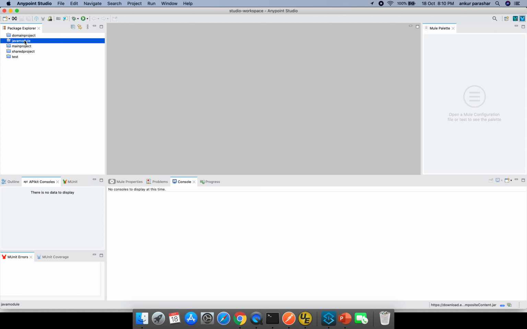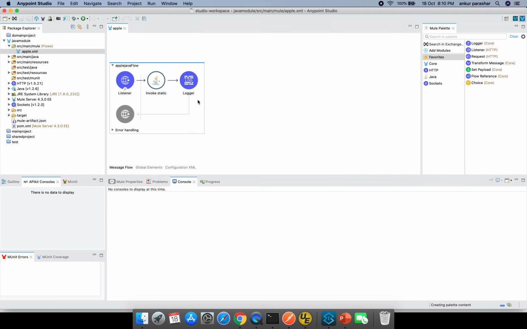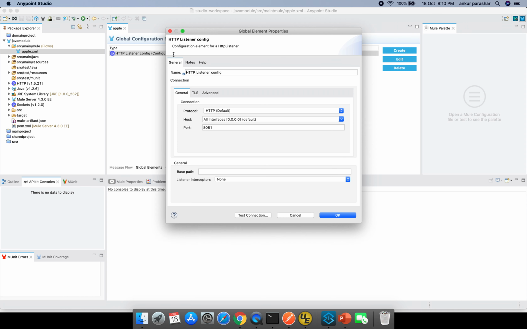Let me open this Java module first, and let me explain how it has been configured. This is one of the very basic Java modules which I have created. Just drag and drop this HTTP listener, which is listening on 8081 if I am not wrong. One second, let me check. Yeah, 8081.